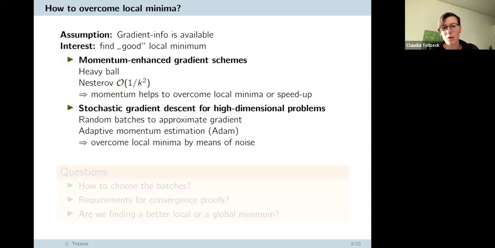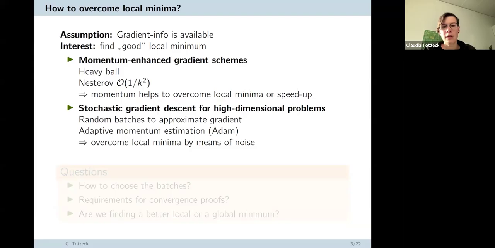What is important to have in mind is that you are not sure that you go to a global minimum then. It's just that you are able to overcome local ones and you end up somewhere else, but it could also be that you go back at some point. So here it may help, but you're still not sure that you end up in a global minimum. And another idea,